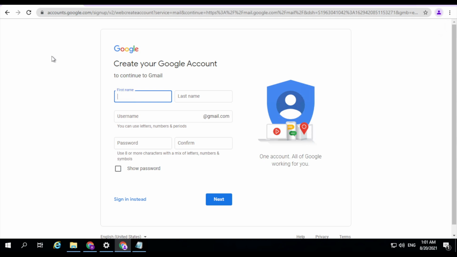So you first fill out the first name. In my case, I'm going to use that name, and then you fill out the last name. Then once you fill out the last name, you can either get a suggestion for the username, or you can go ahead and fill out your username too. So once you fill out that,